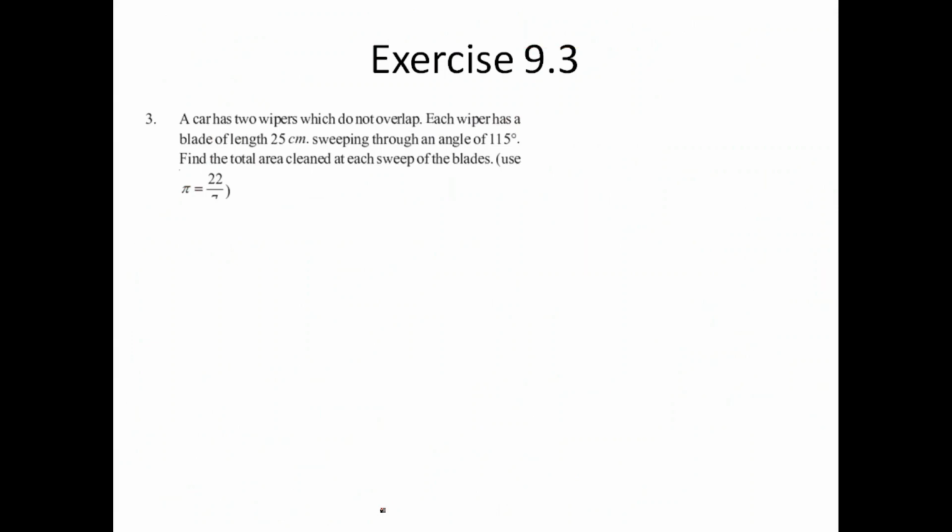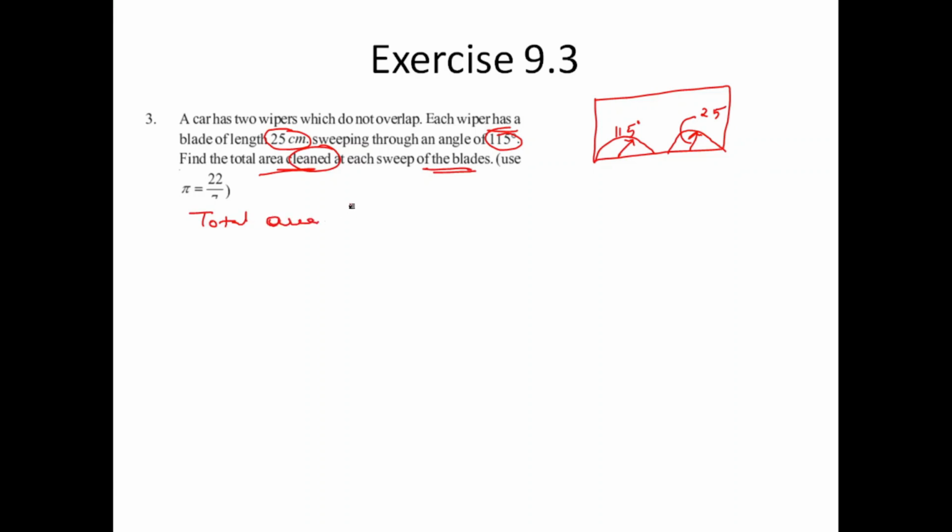The blade length is 25 centimeters. So the blade length is how much? 25 centimeters. Okay. And each of them is swiping an angle of 115 degrees. Okay. Now you need to remove the total area cleaned at each sweep of the blade. So that is total area swept by two blades